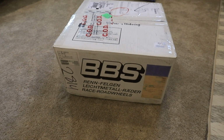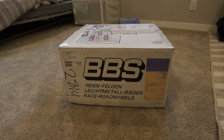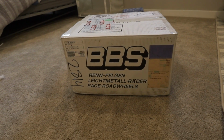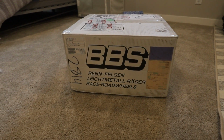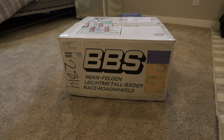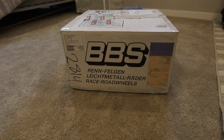Sometimes you tell yourself that, okay, these are my dream set of wheels, and after this I'm done. That's what these are. So for those of you that have been following the S2000 build, you know that I've had the same set of Regas on my car for the last couple of years. Those, in my mind, were kind of like one of the ideal looks that I was going for. Just classic 5-spoke design, great, basically JDM wheel that's manufactured in Japan, forged, relatively lightweight, in kind of the spec